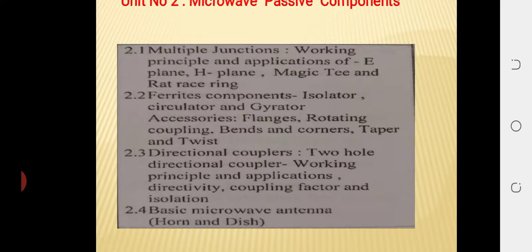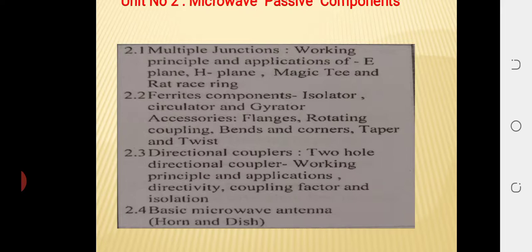And the last one is microwave antennas, which help to transfer the data from the transmission section to the receiver section. Two types of antennas come in, the horn antenna as well as the dish antenna, which we are going to study. Unit number 1 carries 12 marks, unit number 2 carries 14 marks, and